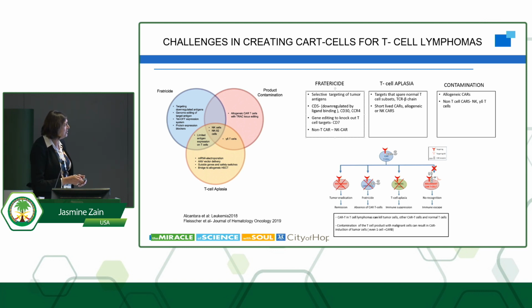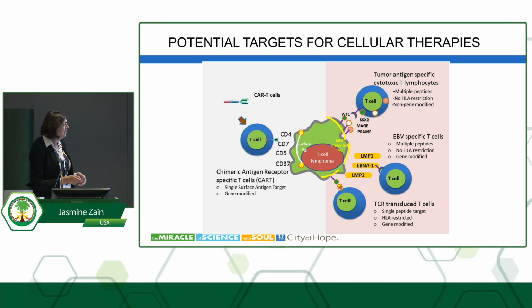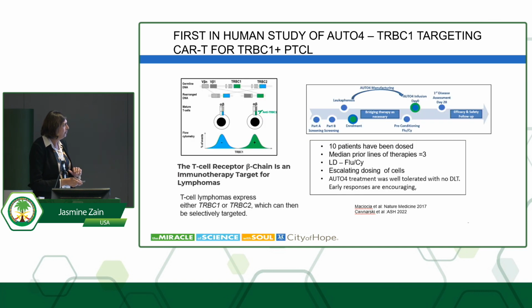So there've been some interesting approaches to do that. CD4, CD7, CD37, CD30 are some possible targets, but also modification of CARs or using NK cells as CAR cells to try to find the right CAR therapy. So I'm going to show you a couple of examples. One of them is this